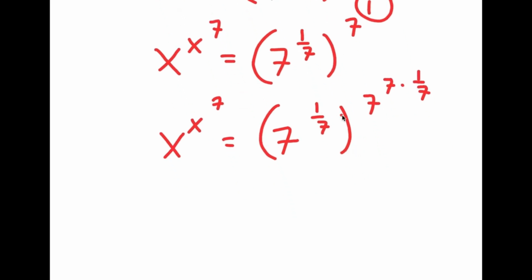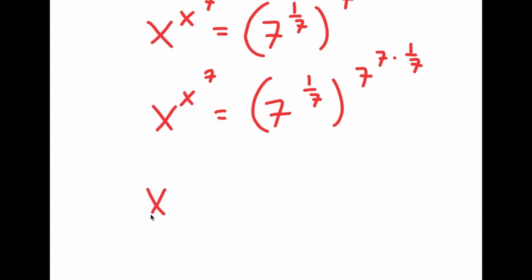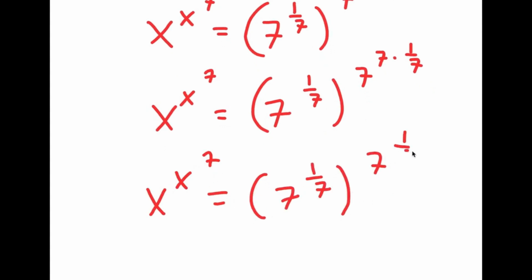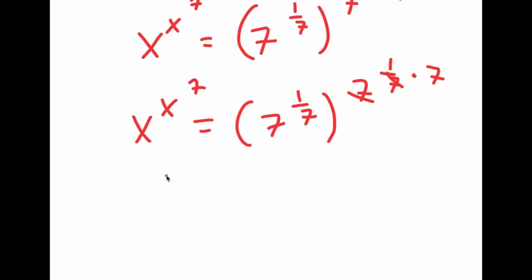So now what I'm going to do is 7 to the power of 7 times 1 over 7. Well, this is the same thing as 7 to the power of 1 over 7 times 7. And 7 to the power of 1 over 7, these two cancel out. So I'm left with